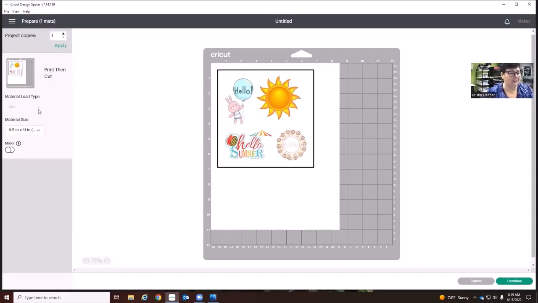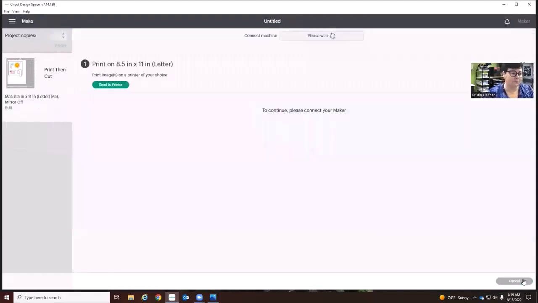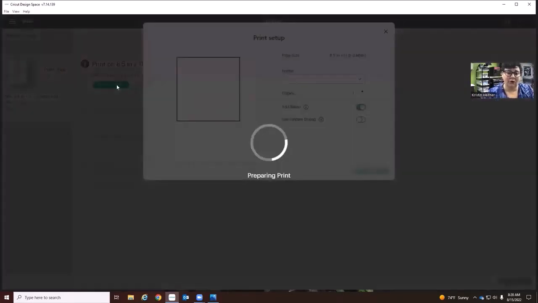We want it set to this 8.5 by 11. And the mirror we don't need to do. You only need to do that if you're doing like an iron-on or some kind of transfer. So we're going to do Continue. First thing we need to do is print it. So we're going to send to printer. If you're using the sticker paper in the CraftLab,